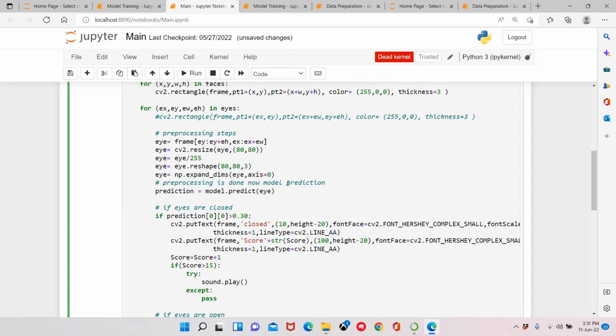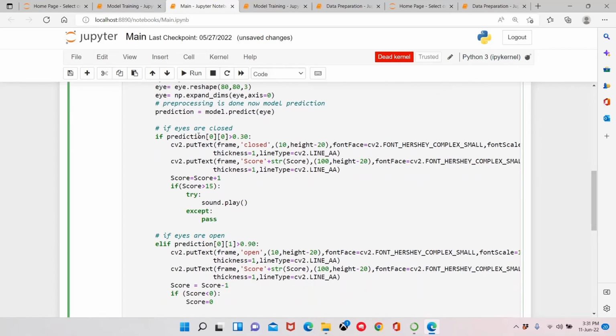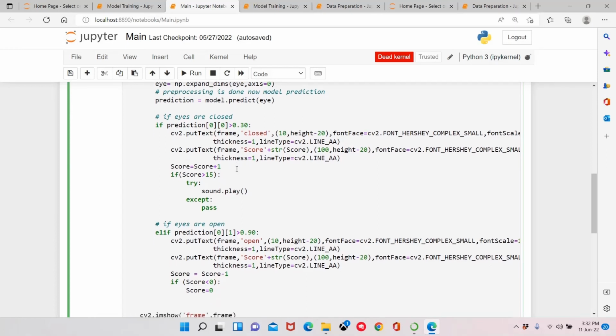So pre-processing is done. Now model prediction. Using that model we are predicting whether the eye is closed or open. The threshold value we are giving for closing the eye is 0.30. If the prediction is greater than this threshold value, we will predict that the eye is closed, and we will increase the score second by second.